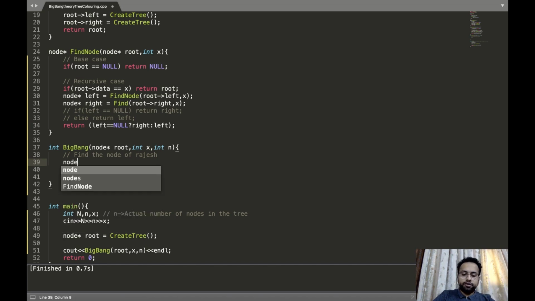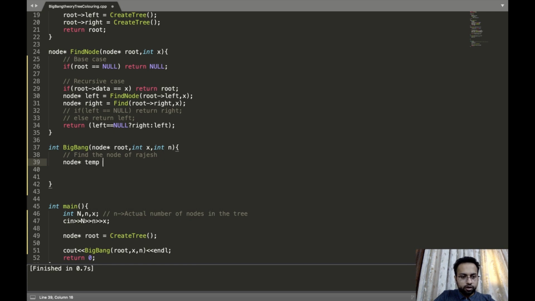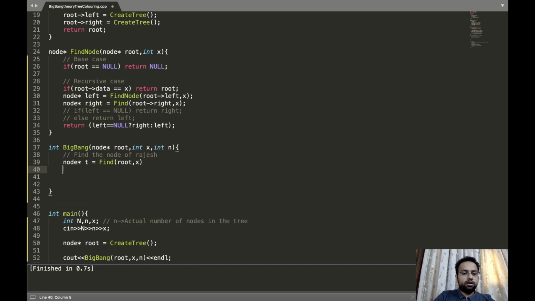So we will find the root node, or let me just name it something else. Let us name it temp or node t, what we have found, and I'll ask it to find the node x. So I'm assuming that we will get the node x wherever it exists.